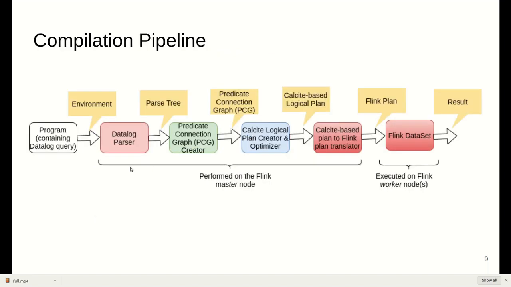Now we will discuss the compilation and execution pipeline. First, the user writes a program and submits the program to our system. The Datalog parser in our system parses the program and creates the parse tree. The predicate connection graph is then created from the parse tree, which, the PCG, is used for querying